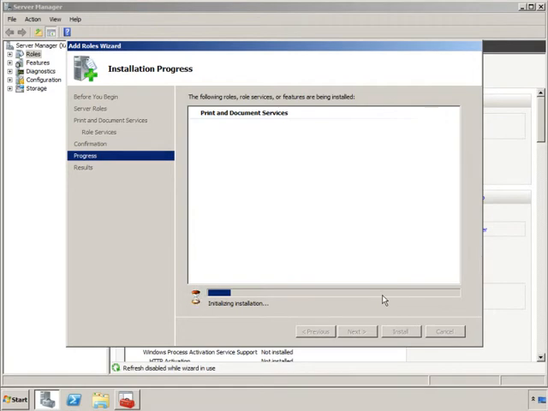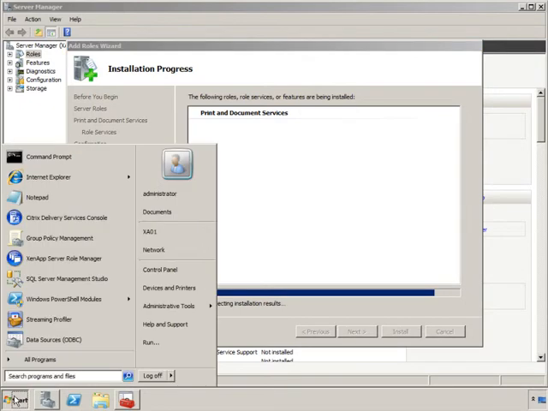Once this is completed in a second here, then what we can do is go through administrative tools and go through the print management console and be able to install drivers and then take a look at how we're going to replicate them. Now, while this is busy completing, let me show you where you can get access to the